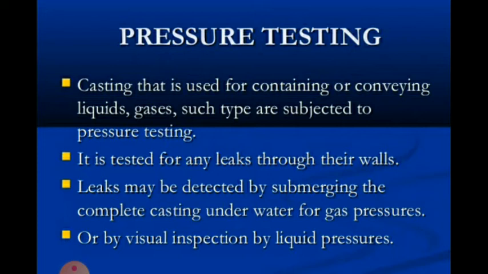In the water pressure test, the casting is held under a certain pressure of water, that is, the working pressure. The outer surface of the casting must be dry so that leakage can be checked. In the air pressure test, a soap solution is applied on the surface of the casting. When the casting is subjected to air pressure, bubbles will appear on the surface, showing the place of leakage.